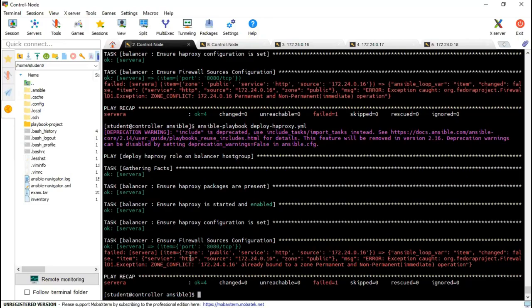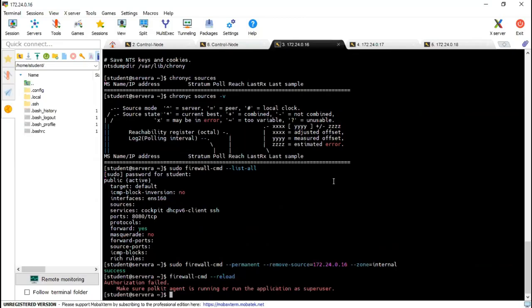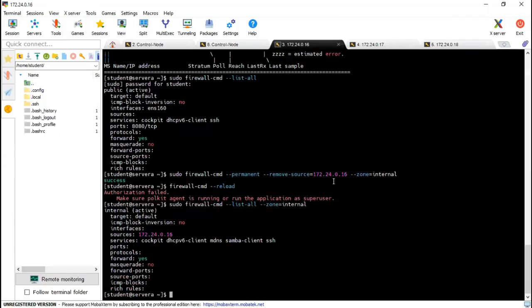Item already bound to the zone, permanent. Still, is it still bound there? Firewall-cmd. It's still there. Why has it not been removed?